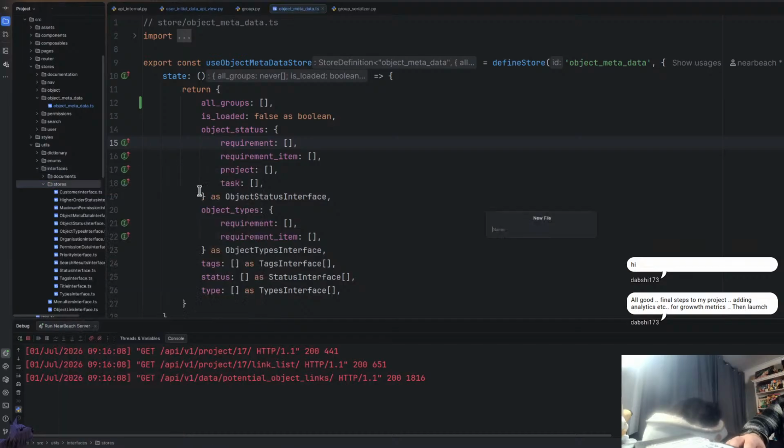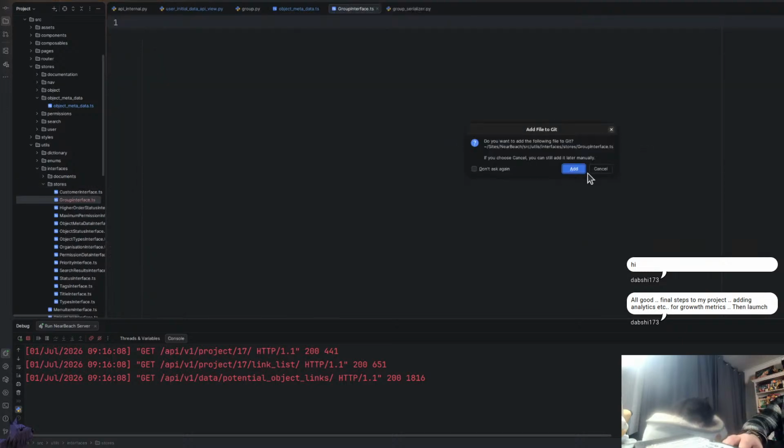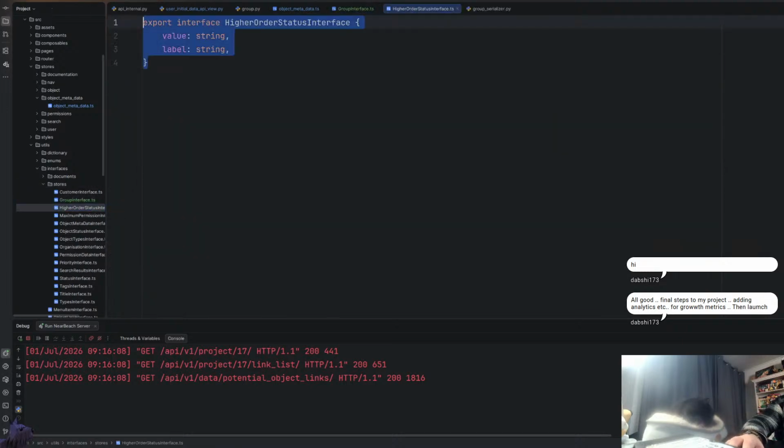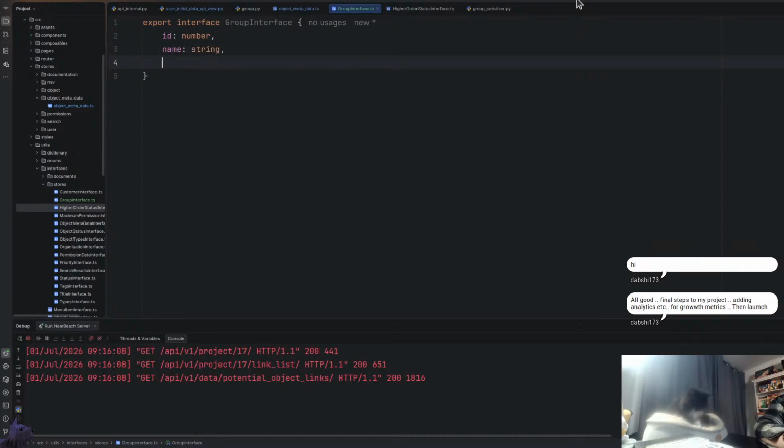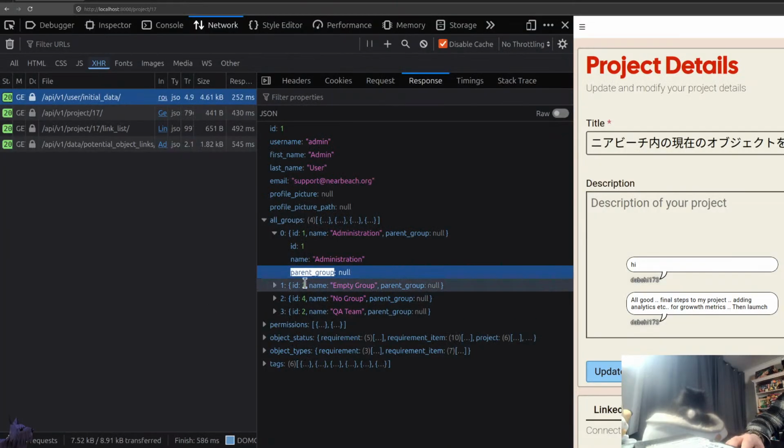So I'm just going to go into here and create group interface.ts. I'm racking my brain how, yeah, we just do something like this. All right, cool. And then we're just going to paste it in, and then we're just going to go group interface. It will be ID, number, name, string. And then with the parent group,